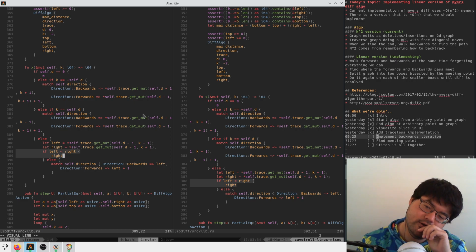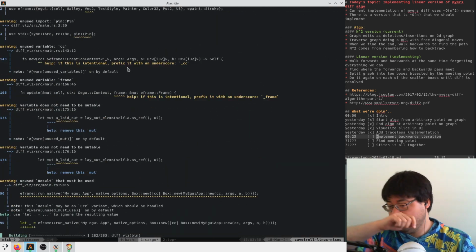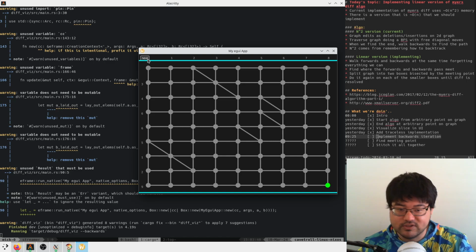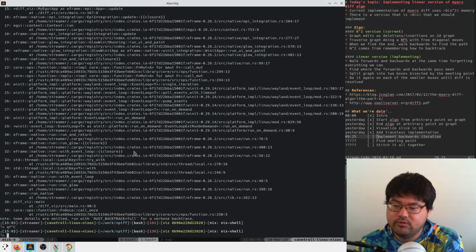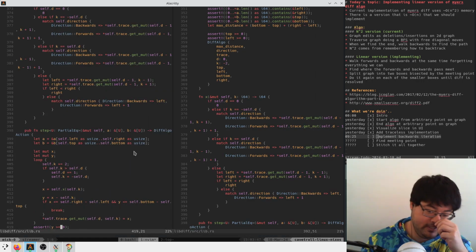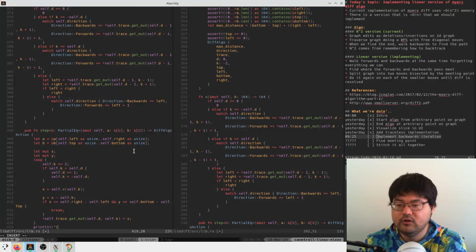Okay. Let's see if that changes anything. We probably will still crash. I'm not really convinced that it'll fix anything. Yeah, that still crashes. And so let's look at line 419 here and just see what values we're getting. So we can say print line